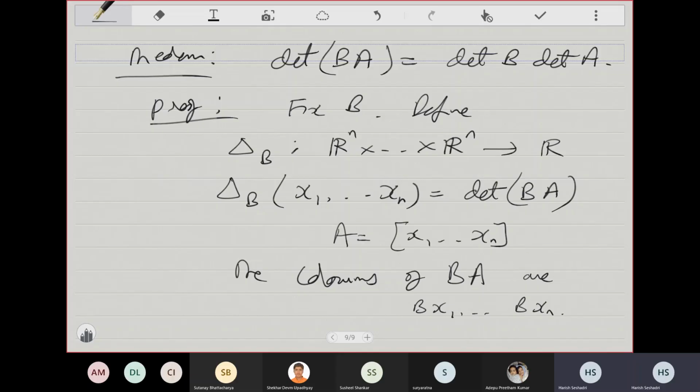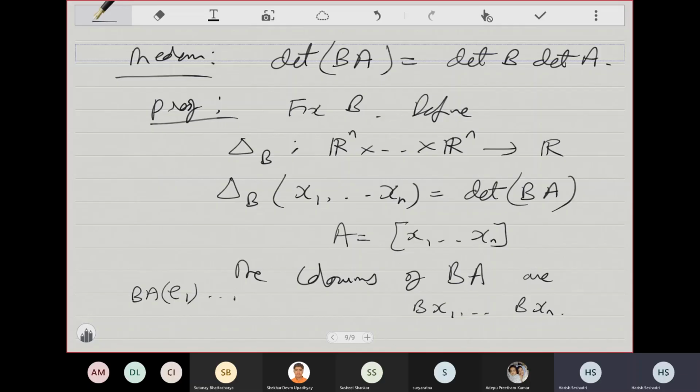I mean, after all, how do we figure out the column vectors of a matrix? Well, you just think of the matrix as a linear transformation, act the matrix on the standard basis, see what you get. So to figure out the columns of BA, you would be